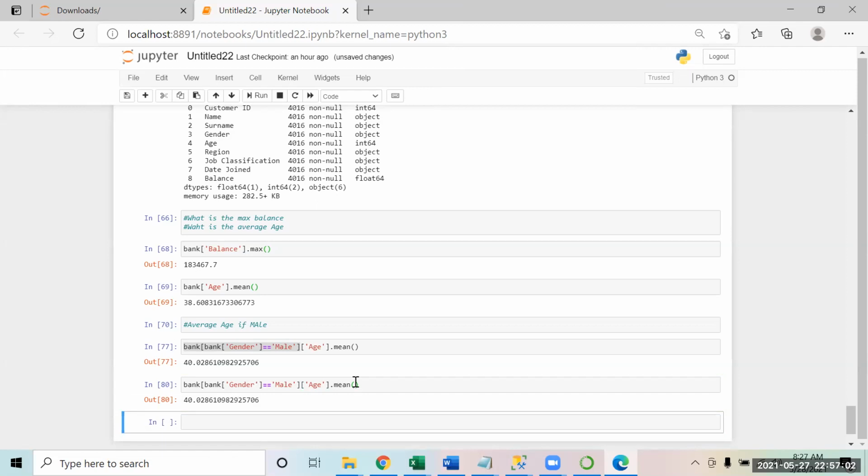Okay, so you can now try to do a lot of stuff on this. You can try to calculate what the count is. How many males do I have? How many females do I have? How many first class, white collar job people do I have? What is the number of people who are male and doing the white collar job? So try to do those kinds of questions, the stuff that we did in Tableau and SQL also, try to figure that data out.